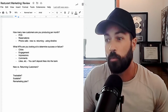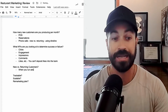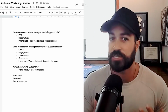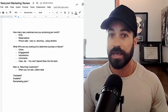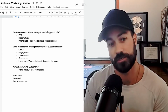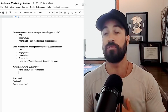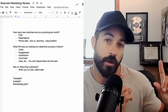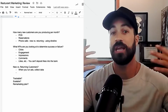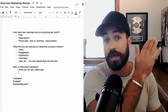So for example, one thing you can do on this front is when you run ads, you're going to collect data. This data might not be a store visit, might not be a reservation, but at least you can see who clicked. At least you can see who engaged. Now, you can create remarketing ads that remarket to this audience, but you can also create ads that exclude this audience. So for example, if you wanted to create a strategy that was focused on reaching new people every month,